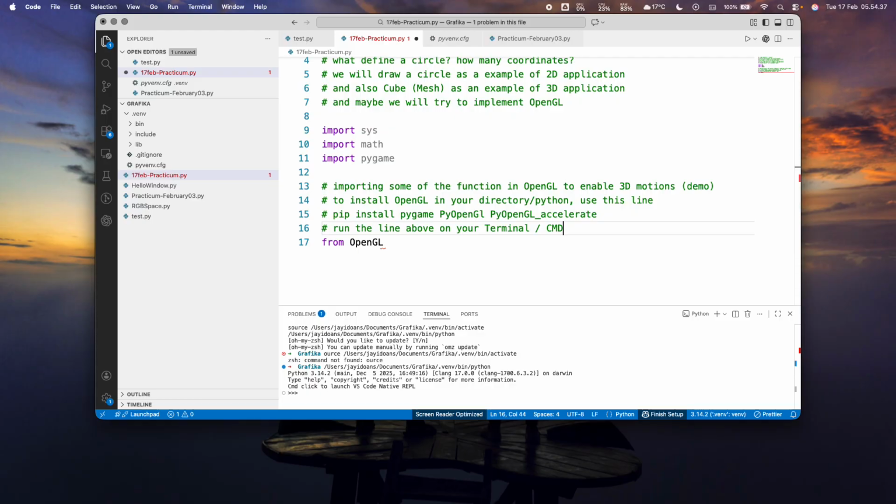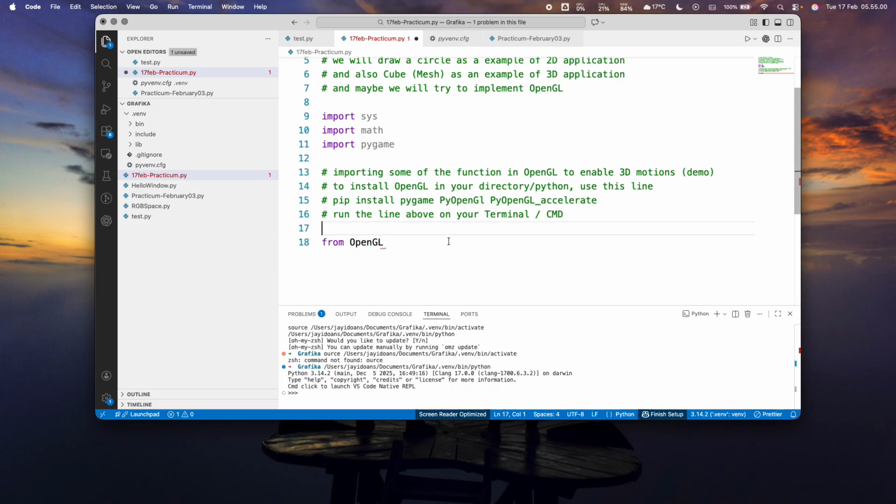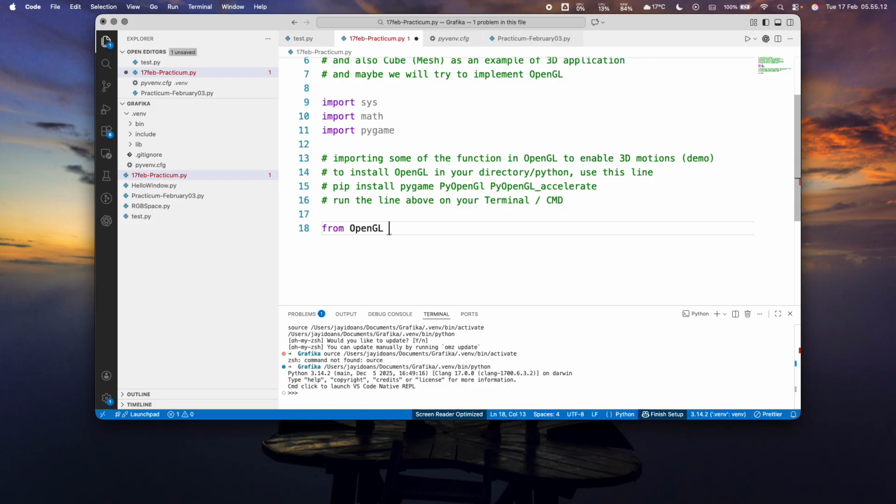Okay, now we will continue to the usage of OpenGL. I will show a demonstration later on, but since it is hard and maybe you will skip some parts of the video, I'm just putting the command line over here to help you. Okay, so what are we going to use? Since we are planning to rotate, we have some functions that we are going to use. I will ask Google for it. The first one will be